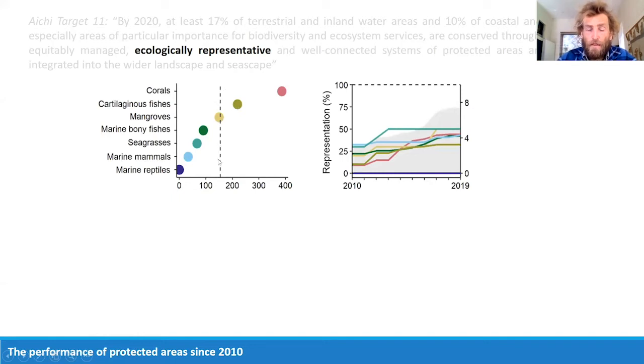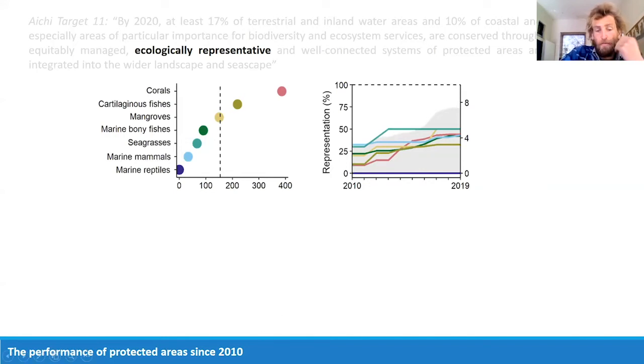This dotted line here indicates the relative, proportional increase, sorry, of the marine protected area estate globally. So if you're above this line here, you can see that you might have been targeted in terms of, you benefited relatively from the expansion of protected area estate, whereas these ones here missed out. They were not found in many of the new protected area estates between 2010 and 2020.